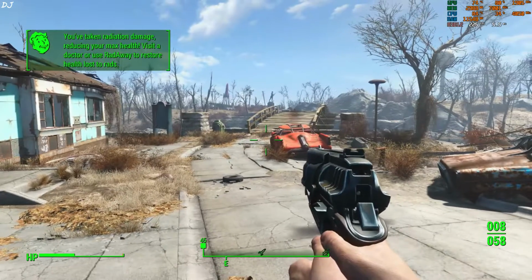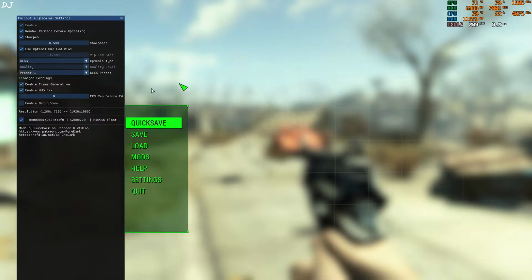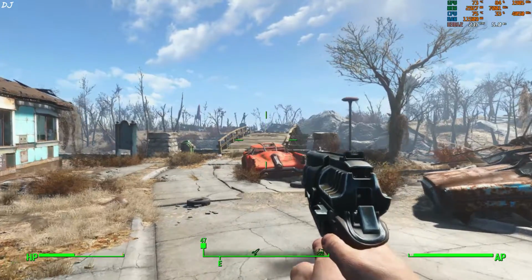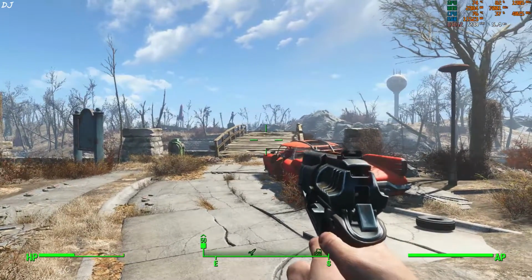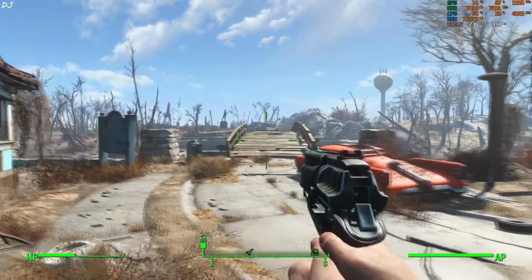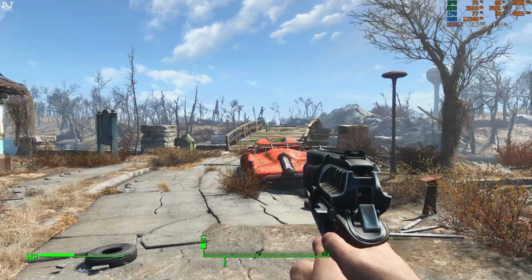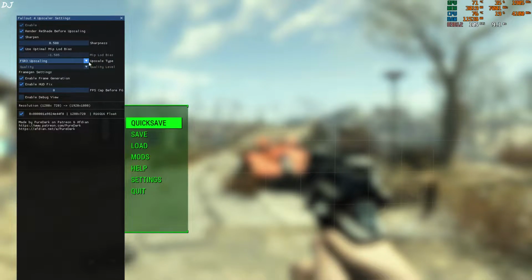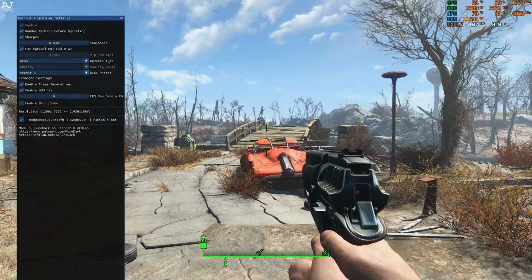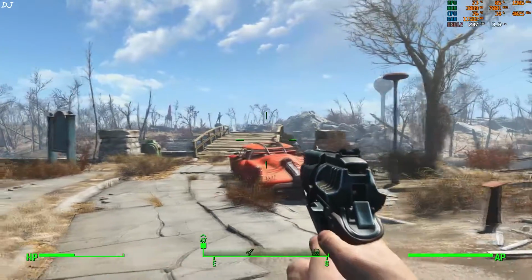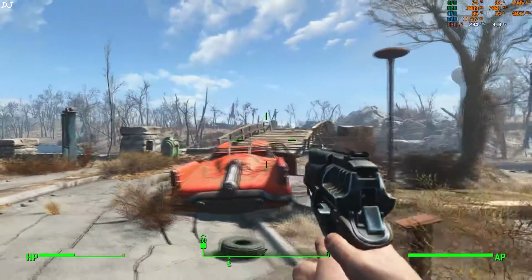I'll just switch to FSR3 upscaler. From this drop down bar, select the upscaler FSR3. Try to observe that bridge. I am observing some texture flickering. I'll just switch back to DLSS now. Quality preset. You can see the texture flickering is gone now. DLSS 3 is far better than FSR 3 when it comes to